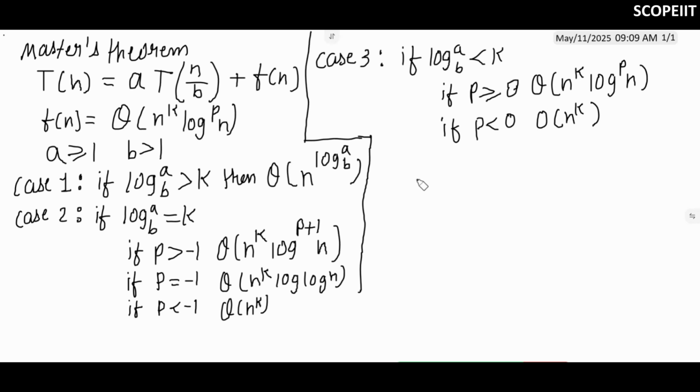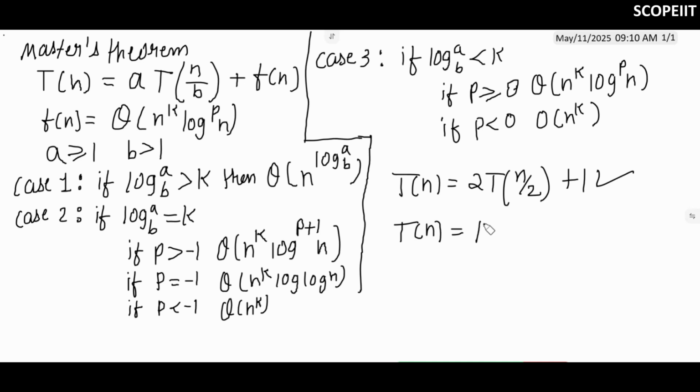For example, if I take T(n) = 2T(n/2) + 1, see, it is similar to this, and it should be in the n/2, n/3, divide form. Then in this case, Master's theorem will work. But there are some recurrence relations like T(n-1) + n. In this type of recurrence relation, Master's theorem will not work. So for Master's theorem, we need it in divide form, n/2, n/3.